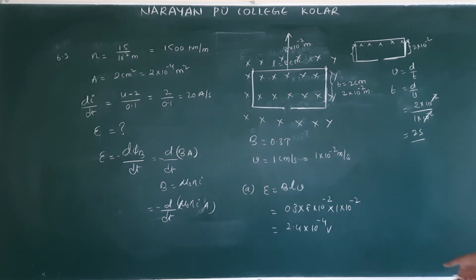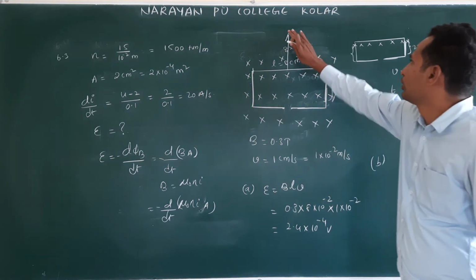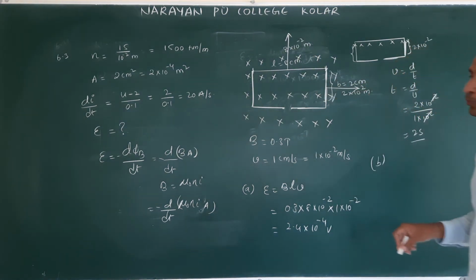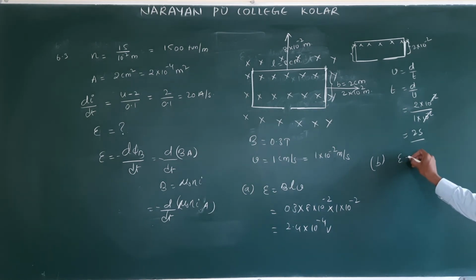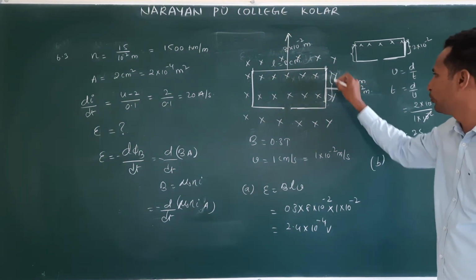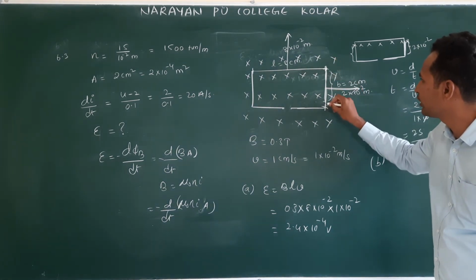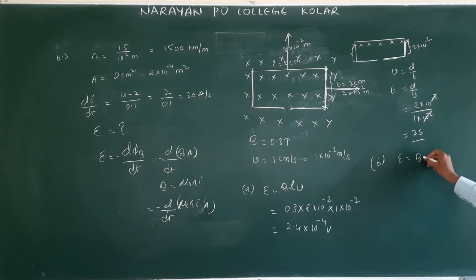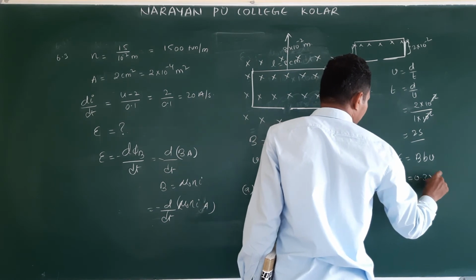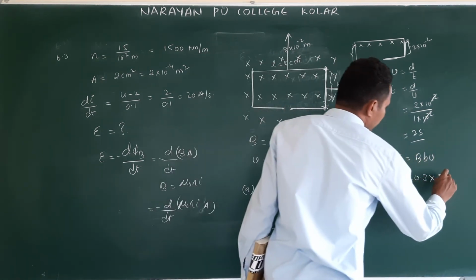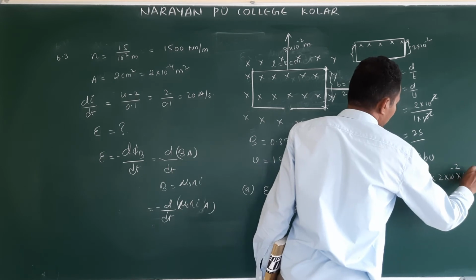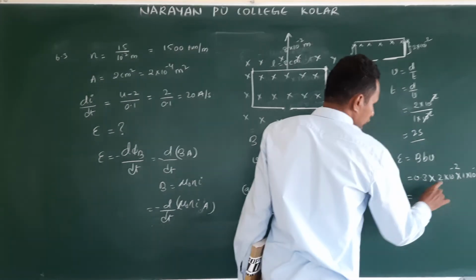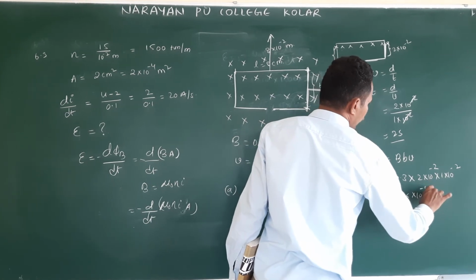This is the first question. Second question: now the rod moves perpendicular to the breadth. In this case, what is the EMF? When the rod moves like this, a frame moves like this, induced EMF is produced here. The same EMF will develop here. Then what is the perpendicular length? So it is b here, not L. What is this length? We take b. So B times b, B is 0.3, and small b is 2 into 10 power minus 2, velocity same, 1 into 10 power minus 2. This is 0.6 into 10 power minus 4 volt.